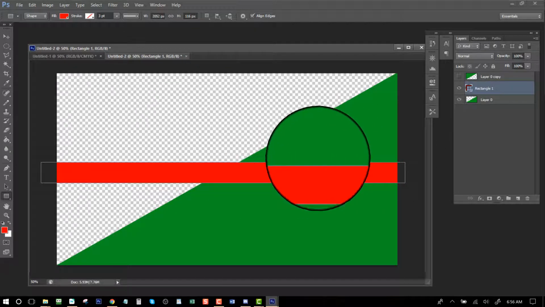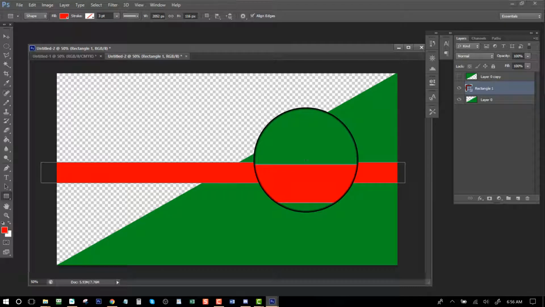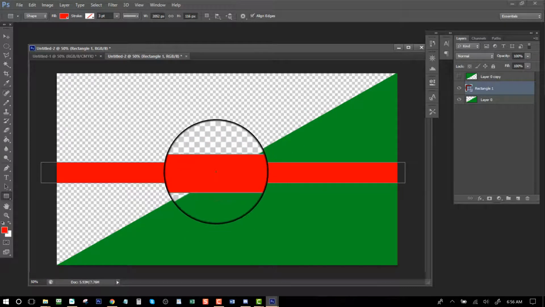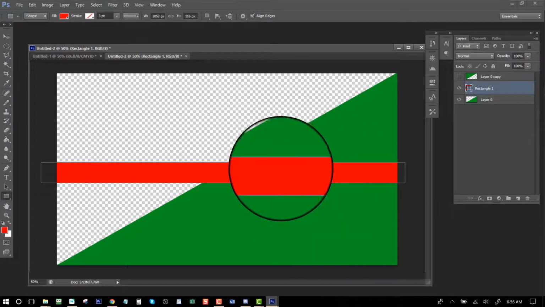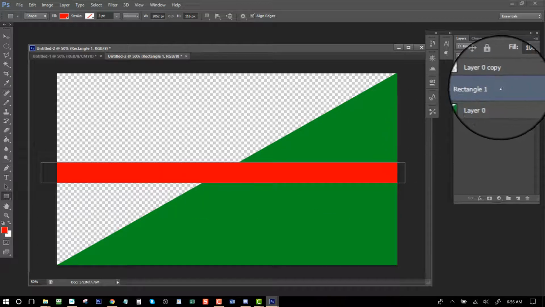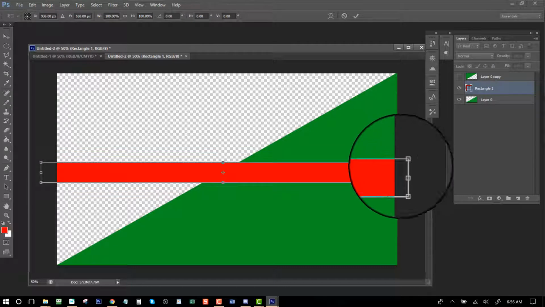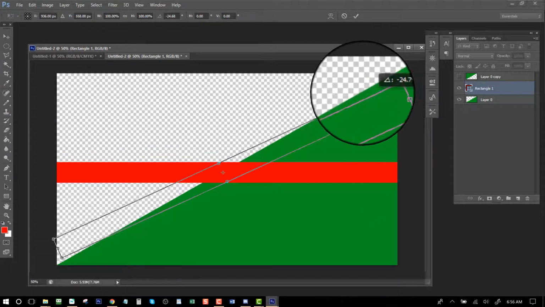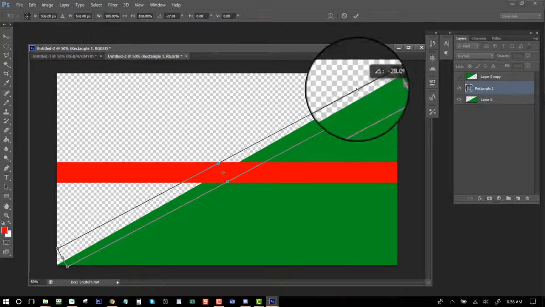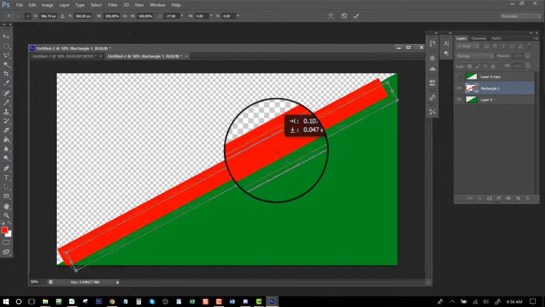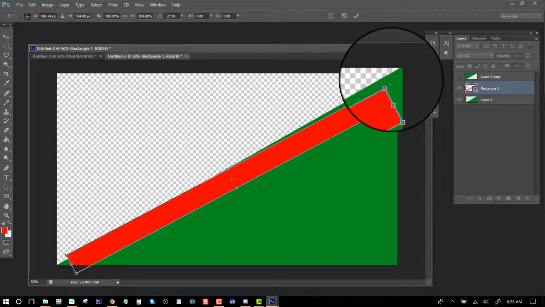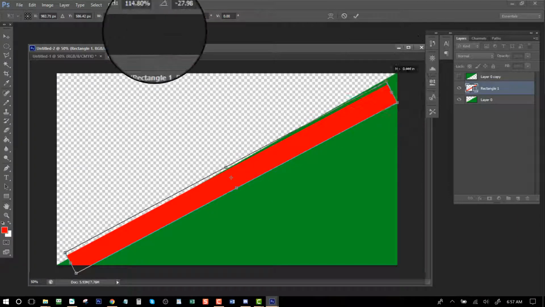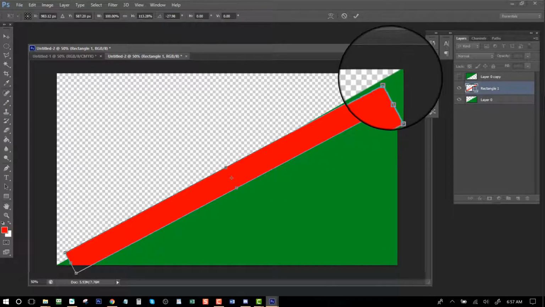Now, it doesn't have to be a specific size, just whatever width you want to make it with your own eye. So now again, when you've selected that layer right here, you can see it's highlighted, hit Control T, and now what I'm going to do is move this image again so it kind of matches up to this one here. And so I'm going to move it again, and not quite there yet, so let's move it,